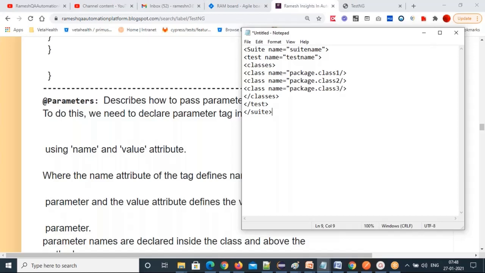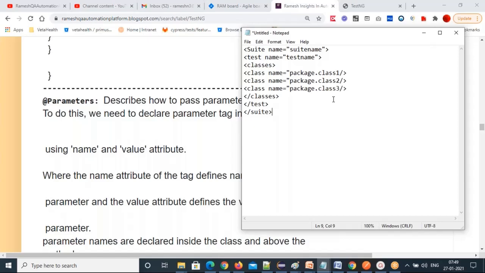This is another mandatory interview question. What is your suite file format? You have to give suite tag, name equal to suite name, test tag, name equal to test name, classes tag, inside which will include all the TestNG classes. The suite means a collection of test cases. See, class 1, class 2, class 3, and so on.